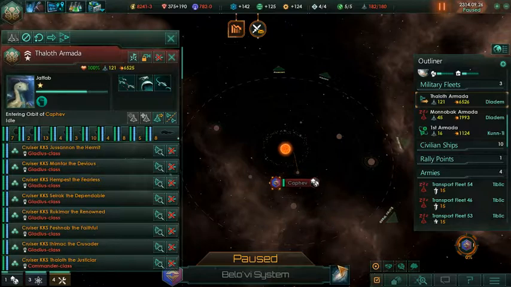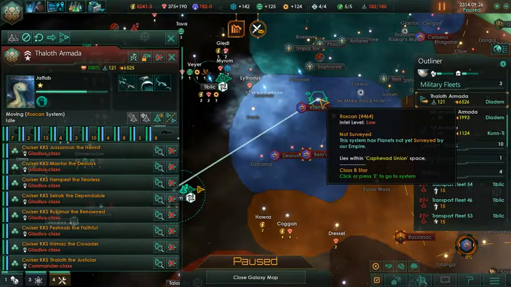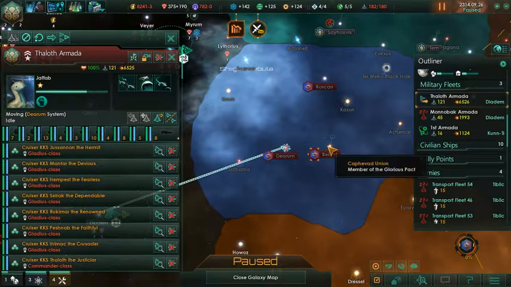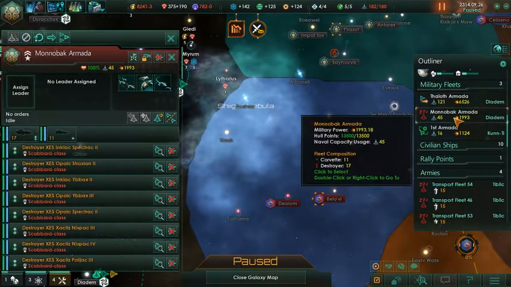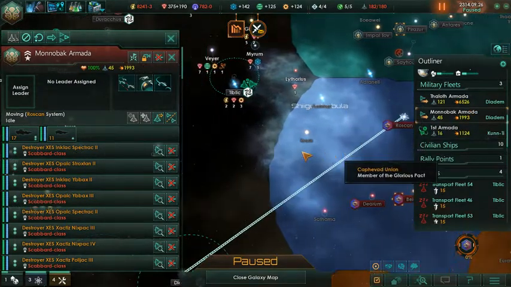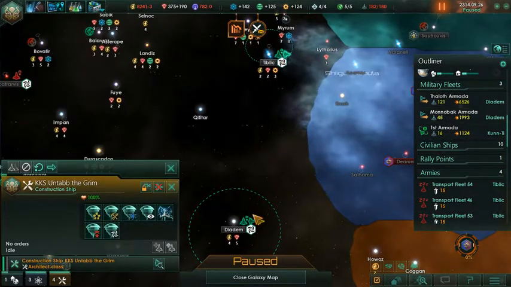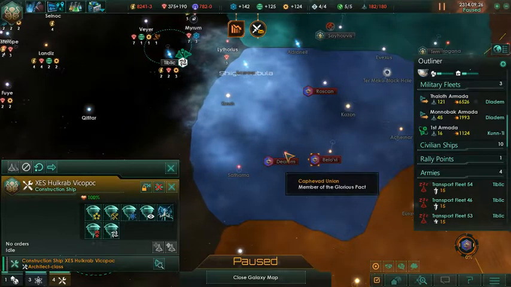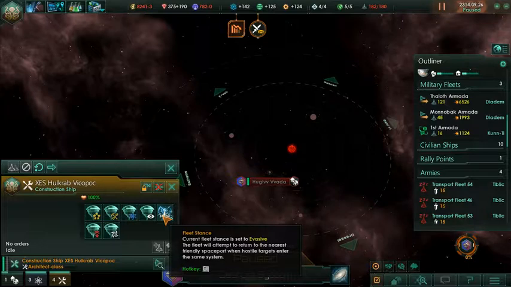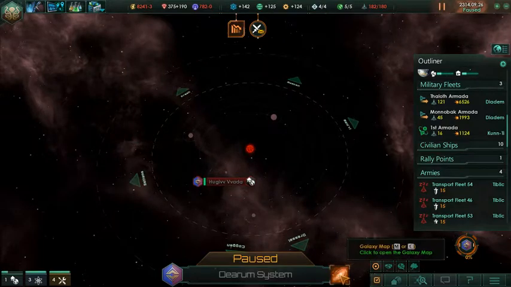So what I might do instead is dive into this world, and I'll make their major fleet come to us. Actually, I'll go to this one, which is closer to their home world, and then I'll have these guys go to this one. Now what I'm also going to do is send this guy into this system. Is his current fleet stance set to evasive? Current fleet stance set to passive. Alright, there you go. So I'm going to send him into this system with us,